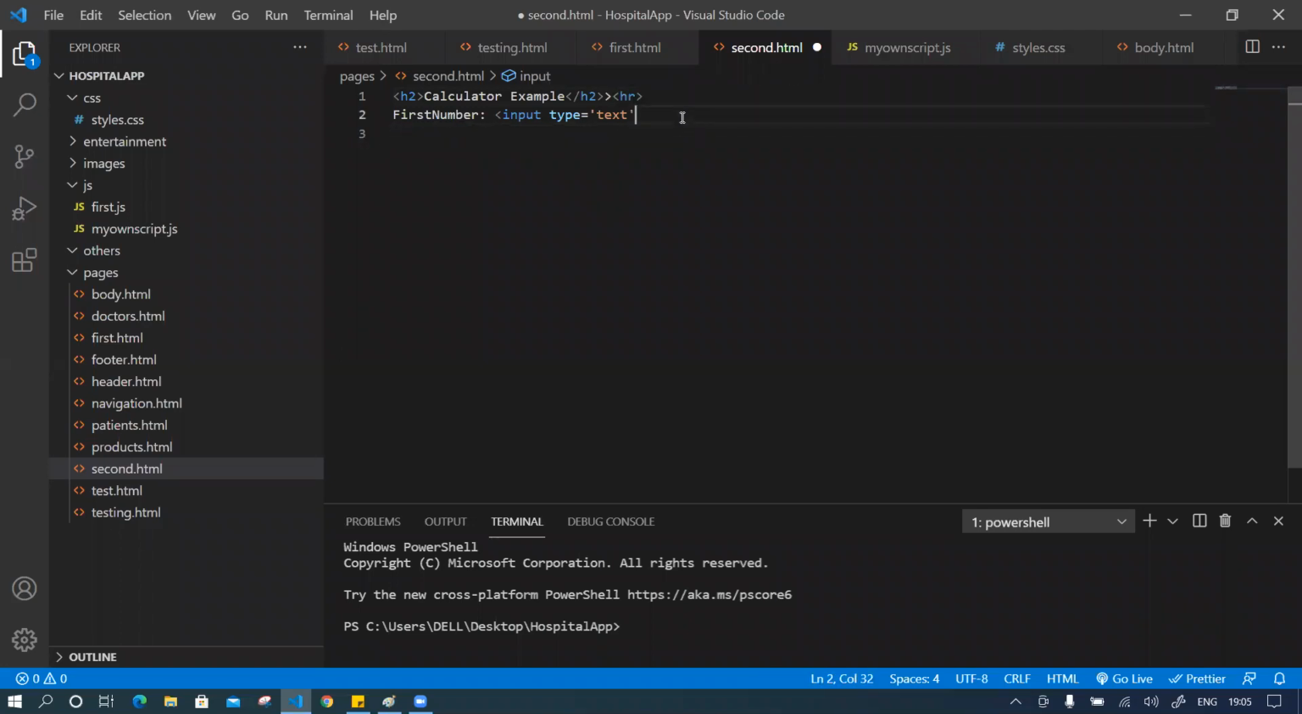So first, input type equal to text, so ID equal to first number. Okay, close. Similar way, we have to do the copy paste. Second number. Okay, so here we will provide